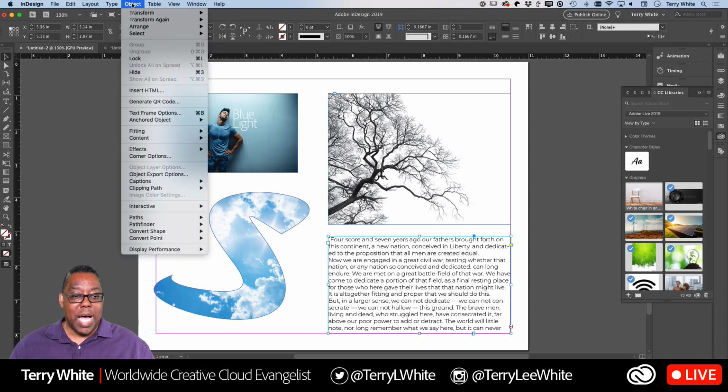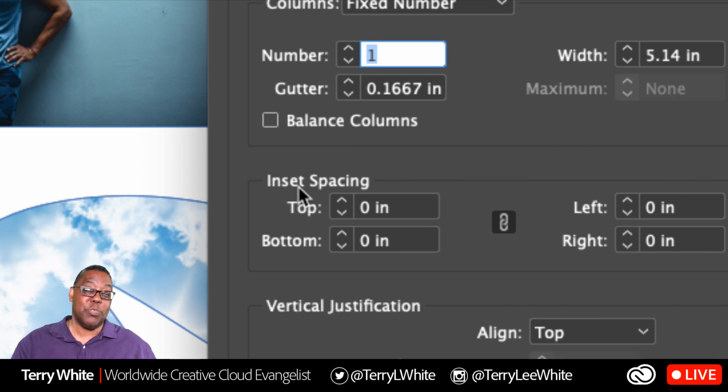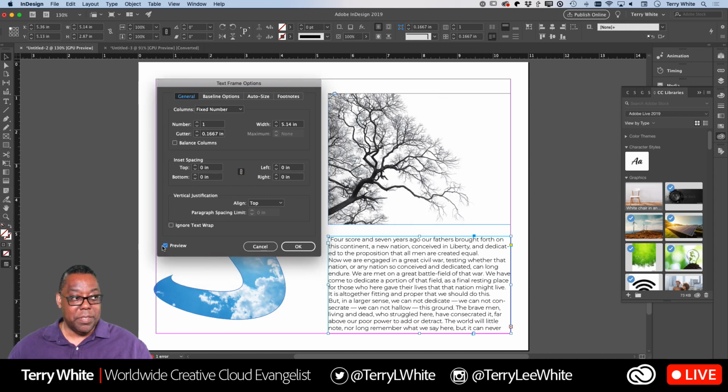So let's go up to our object menu. Let's come down to text frame options. And you have the ability to control your inset spacing, what I was referring to as padding. This is the technical term for it, inset spacing. So the inset spacing says that, hey, I want to go in and instead of it being 0, and I've linked it, so yeah, they're linked together. Instead of it being 0, I'm going to preview it too. I'm going to go ahead and just add some space